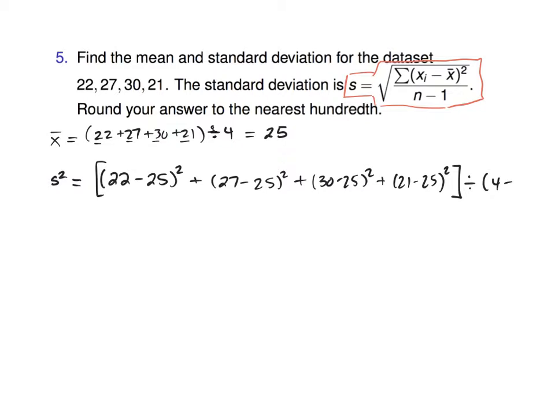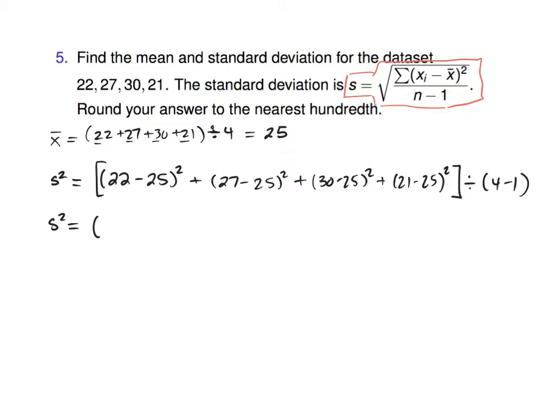n minus 1. And the reason why it's n minus 1 is a complicated one that I'll admit I don't actually even know yet. So I'll learn it in a theory class. You can do these things with a calculator, but they're actually not that hard, so let's just do them by hand.